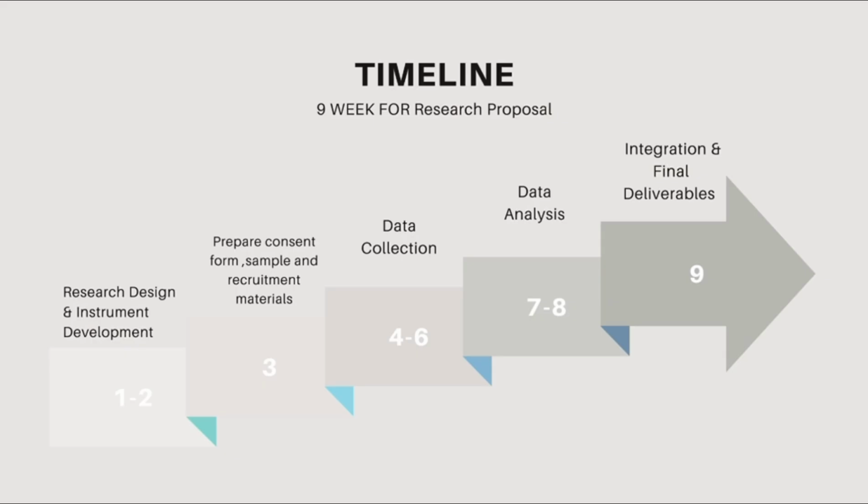For our project timeline, we organized the work into 5 phases across 9 weeks. In weeks 1 and 2, we focused on research design, finalizing our questions, defining variables, and creating both the survey and interview guide. Week 3 covered ethics and piloting, where we prepared consent materials, tested the survey, and revised it